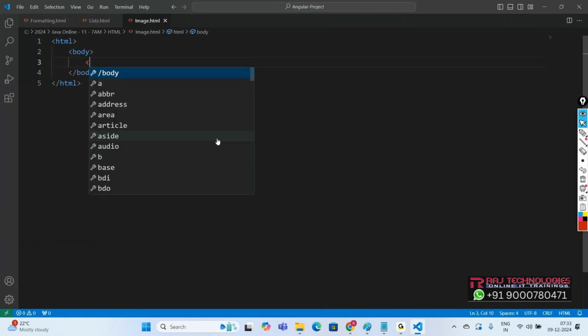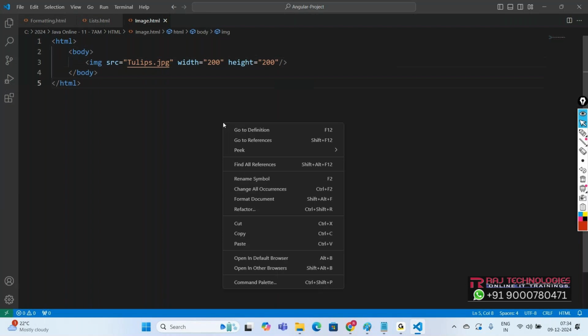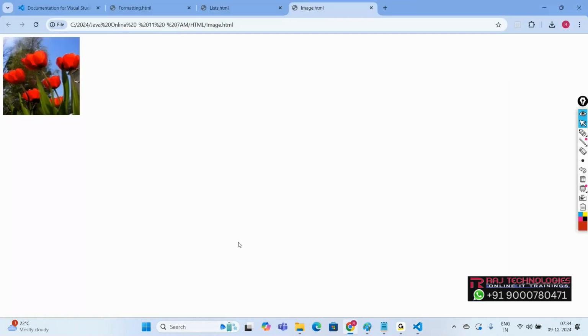So we use the img tag. In img, we have to use the attribute src equal to the name of the image, tulips.jpg. Then provide the width, some 200 pixels, and height, some 200 pixels. Now see, when we open our page in the browser, we are getting the image of size 200 by 200